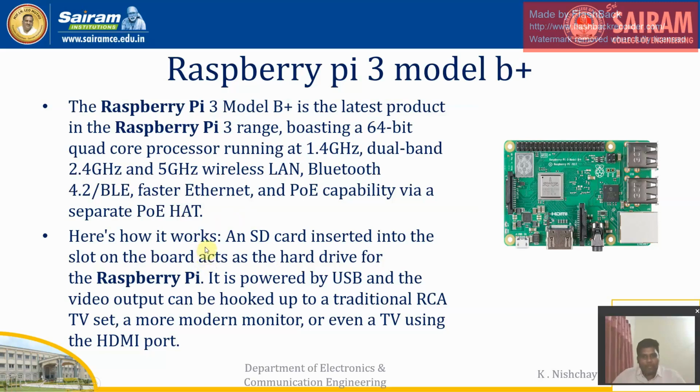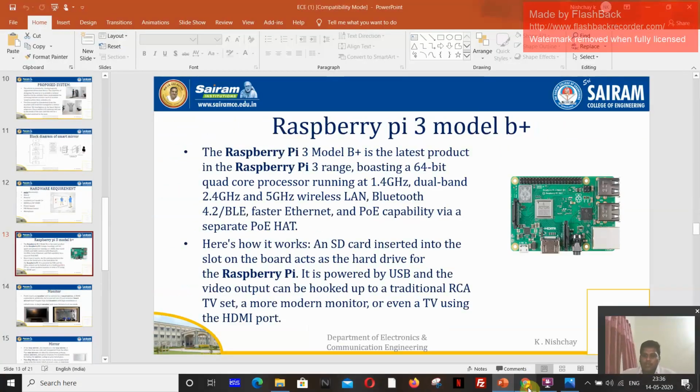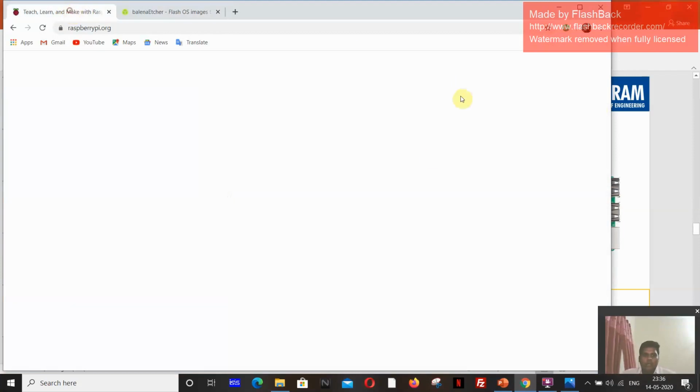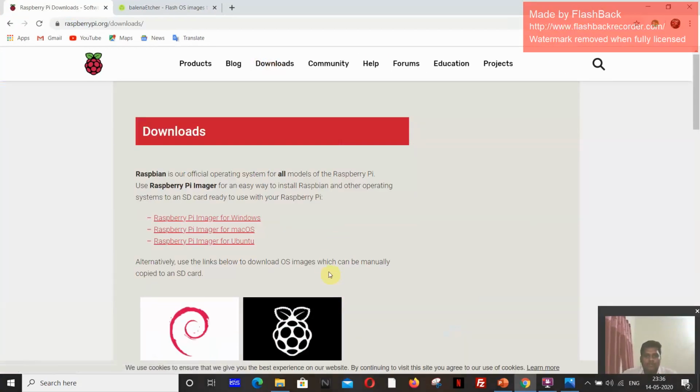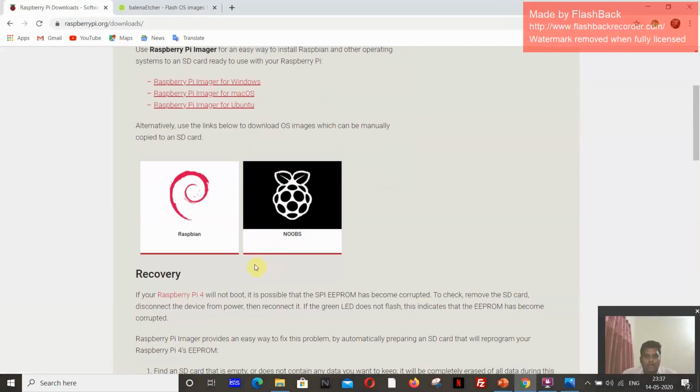Now you may think about how to dump the program into the smart mirror. Now I'll show you how to dump the program into the smart mirror. We require an SD card for this, so that the program which we are going to store in the smart mirror is this one. Let's go to downloads. Now, Raspbian.